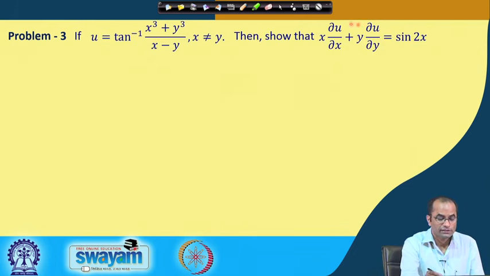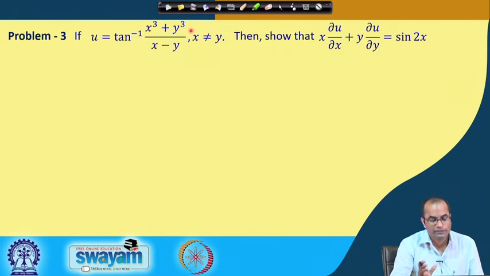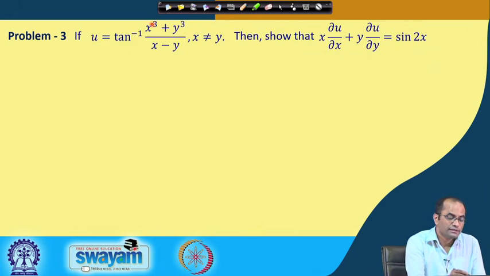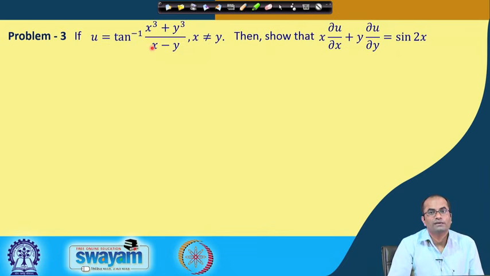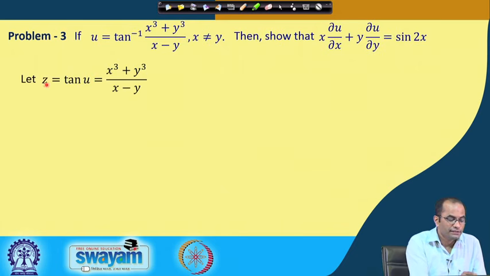In this case, we should note that this given function, tan inverse of (x cube plus y cube) over (x minus y), is not a homogeneous function because of this tan inverse. We cannot bring x to some power outside and write the rest in terms of y over x. But what we notice is that the argument of this tan inverse, that means x cube plus y cube over x minus y, is a homogeneous function, and we will make use of this because we can define here z